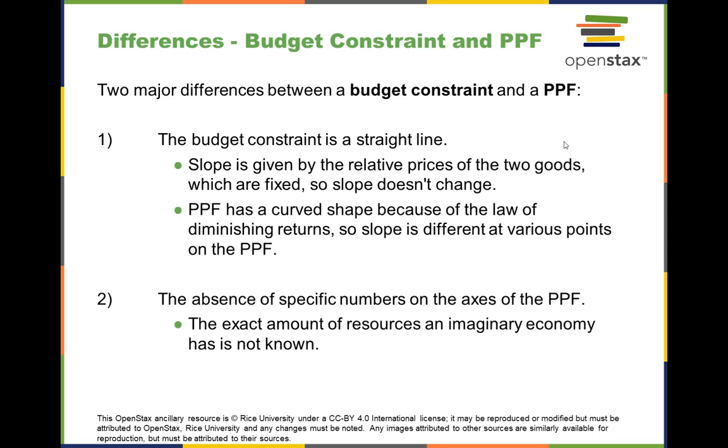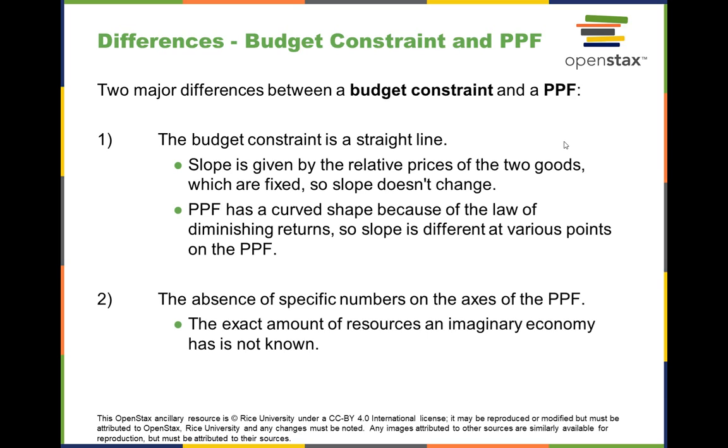Two major differences between a budget constraint, though, and a PPF, and I'm sure you noticed them graphically. The budget constraint is a straight line. Slope is given by the relative price of the two goods, which are fixed, so slope doesn't change. The PPF has a curve shape because of the law of diminishing returns, so slope is different at various points